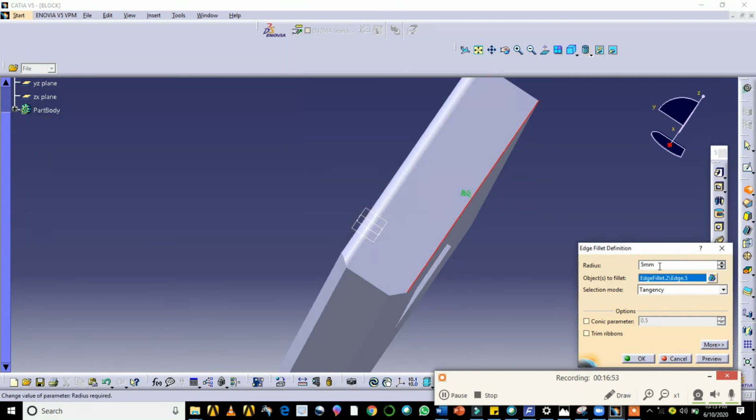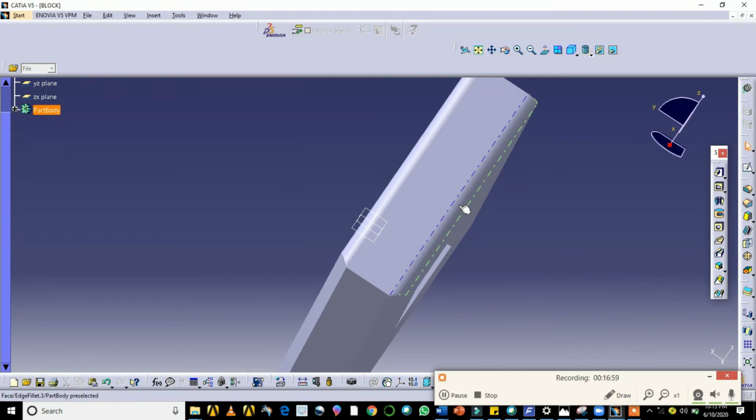Let us assume the radius of the fillet is 5 mm itself. Click here. See here, a fillet is produced here. Okay, so these are the applications of the edge fillet and the chamfer. The rest of the commands I'll tell you in the next tutorial. Thank you.